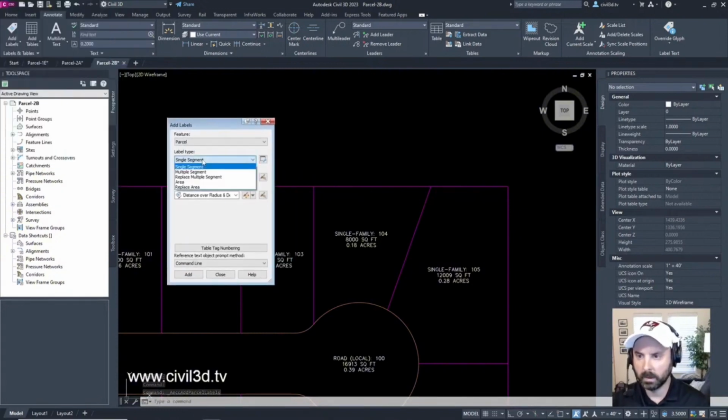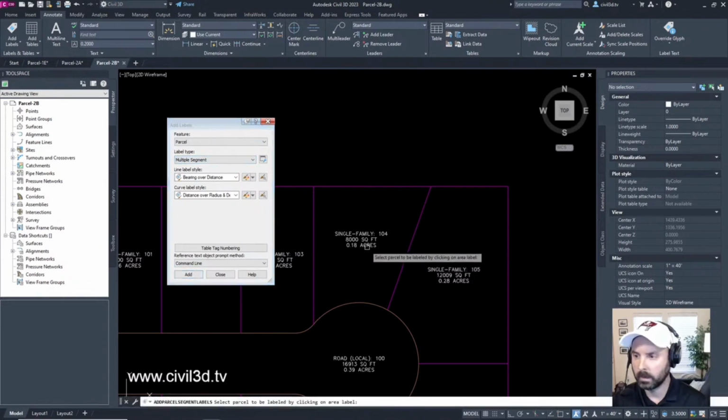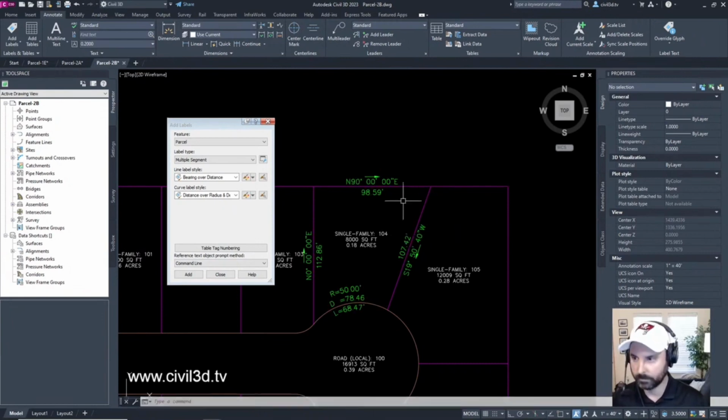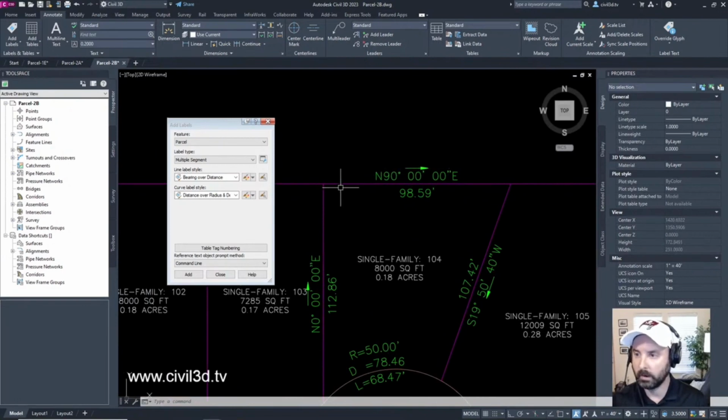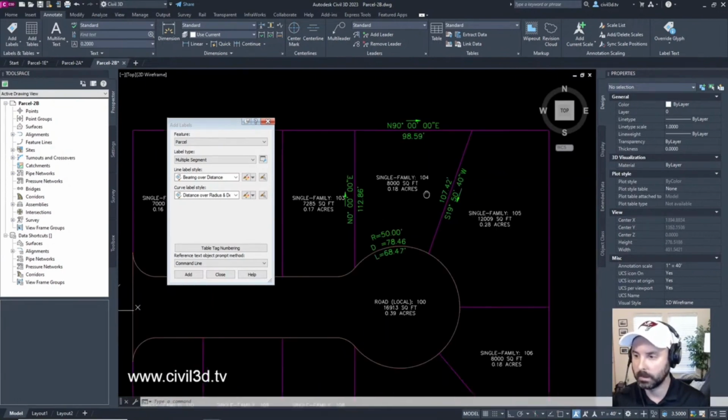I'm going to go with multiple segment. Click add and just select this. I can go clockwise or counterclockwise with my bearings. I go clockwise, and that's it. Even gives you the direction, an arrow tells you to go around this way, clockwise. Very nice.